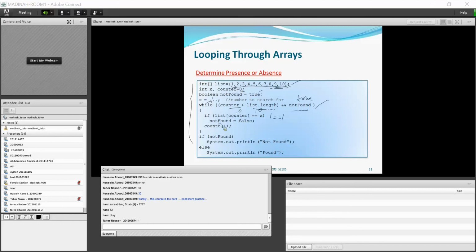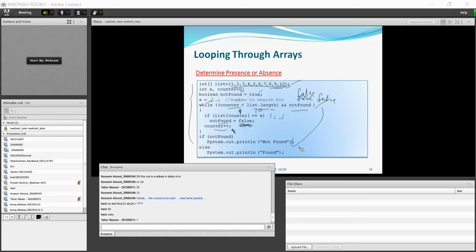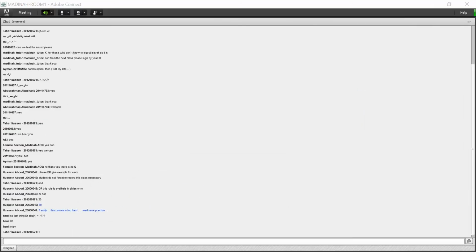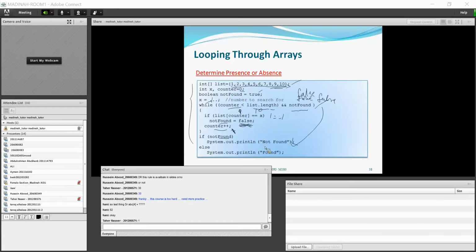When it becomes true, notFound becomes false, and counter will be incremented from 0 to 1. Now notFound is false. So again go to the loop. 1 less than 10 is true, and notFound is false. True and false is false, so it will come out of the loop. If notFound is true, it will print not found.